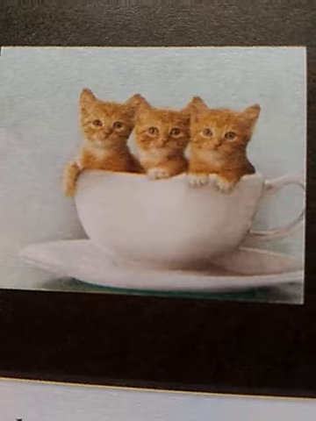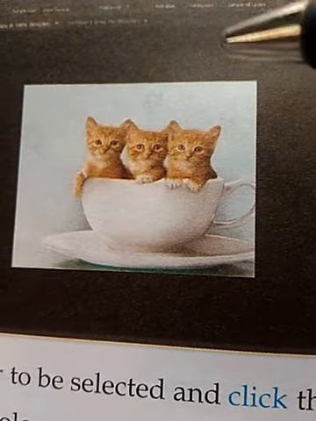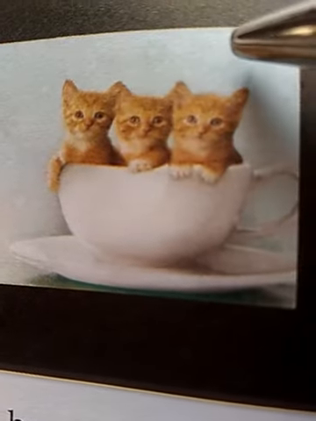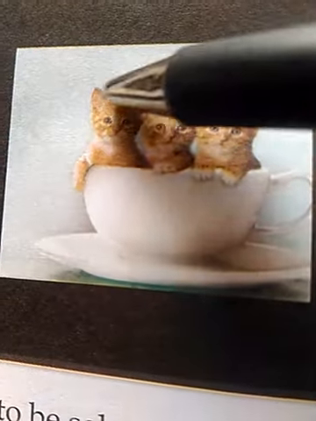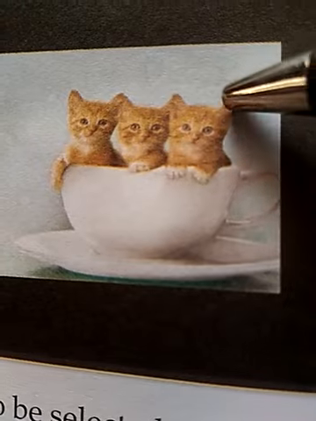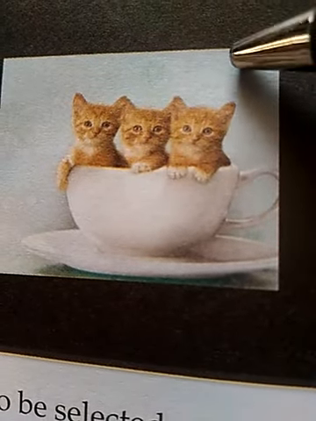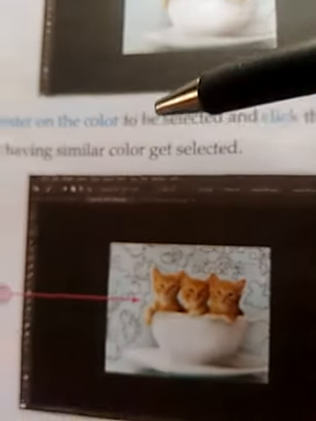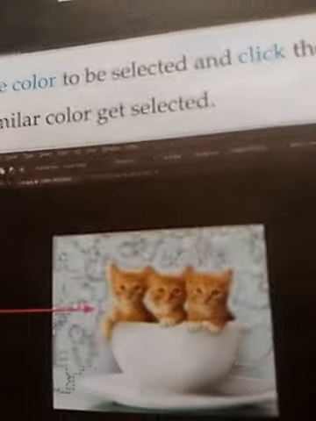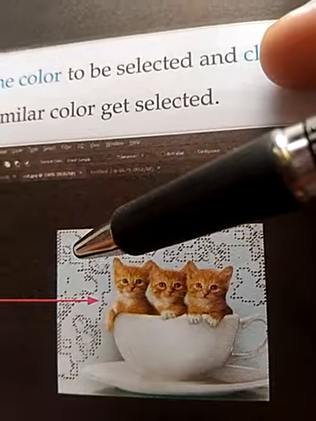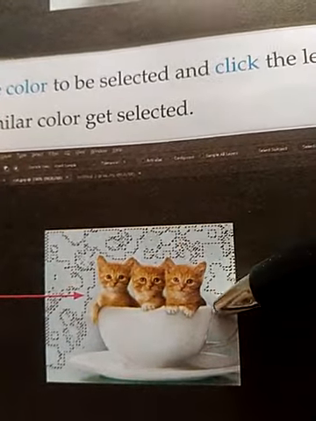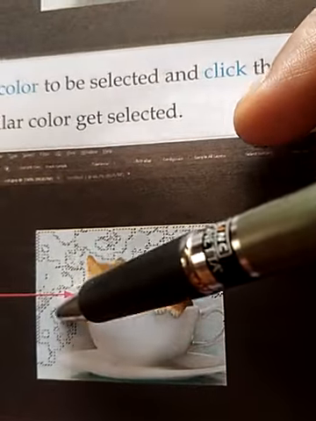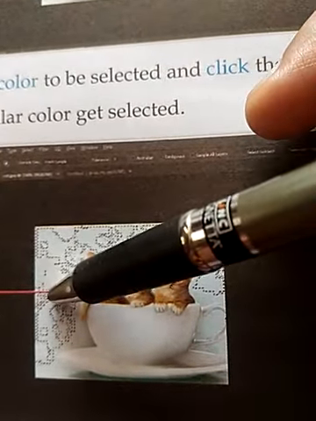Suppose if we want to select an area which is having this blue color, then simply click on this here. It will select that area which is specified with that particular color. For example, suppose you click here, so it has automatically selected that portion which is having the color which you have clicked.